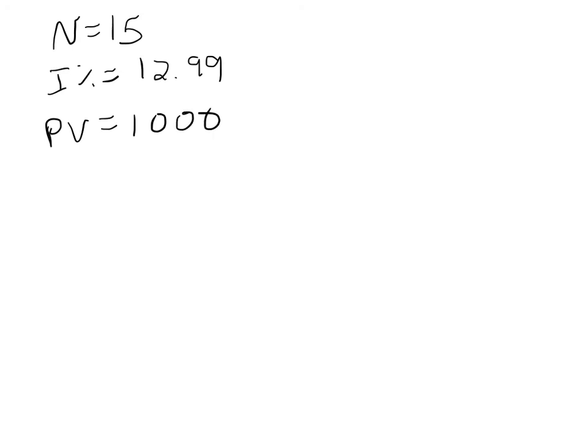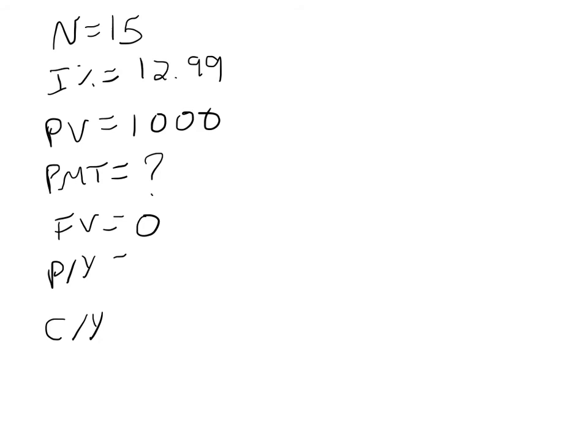So now I want to compute my other scenario and see how much money I'm going to save in interest. For my other scenario, I'm taking 15 months to pay off the loan, so N is 15. The interest rate is staying exactly the same, 12.99%. The present value is $1,000. The monthly payments are what I'm solving for. Future value is still 0, and the payments per year and the interest calculations per year both still 12. So now I just move the cursor to the payment and hit alpha enter, and it's going to tell me that the monthly payments are